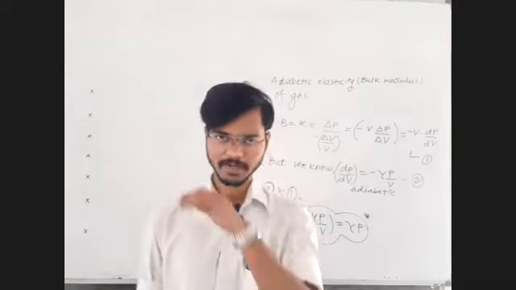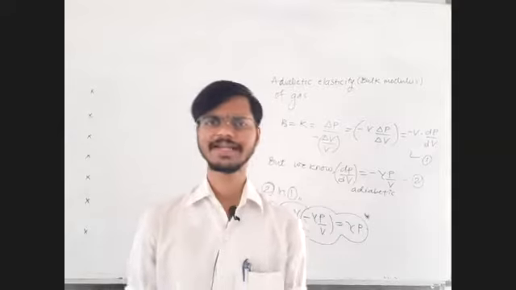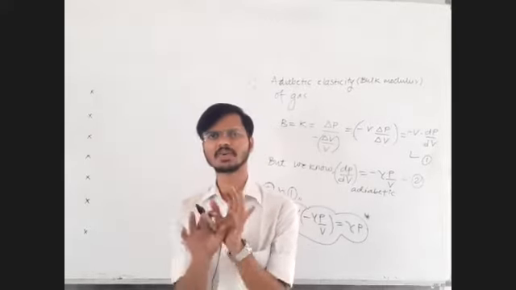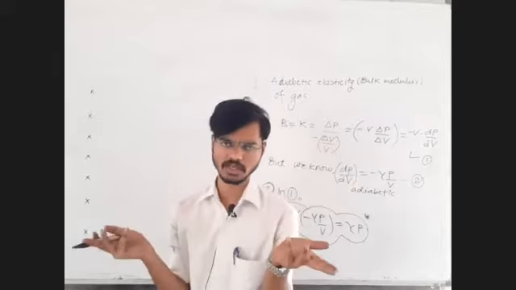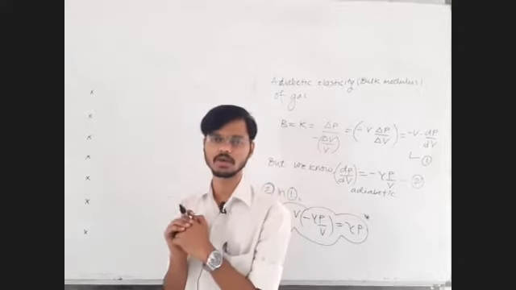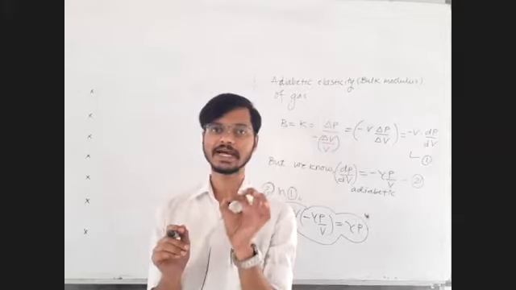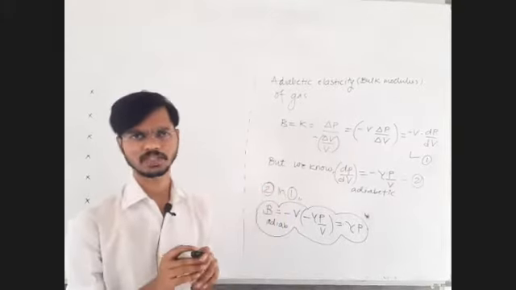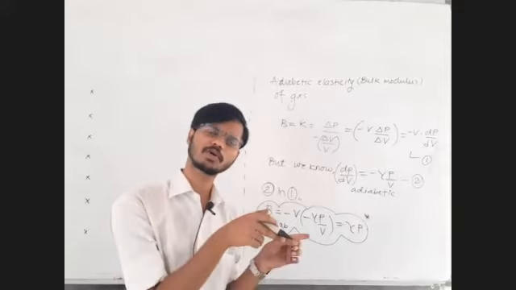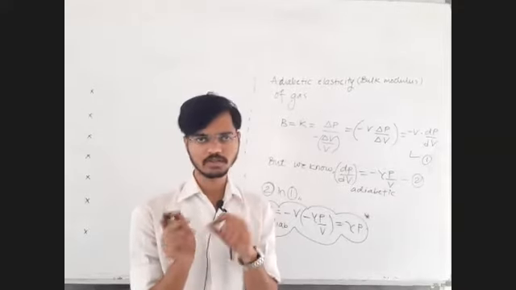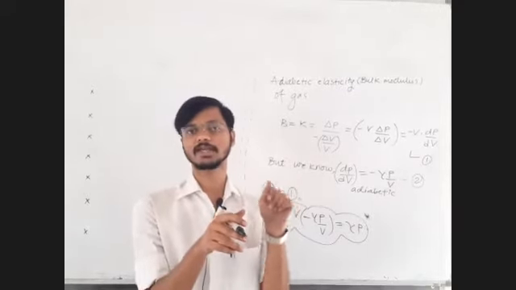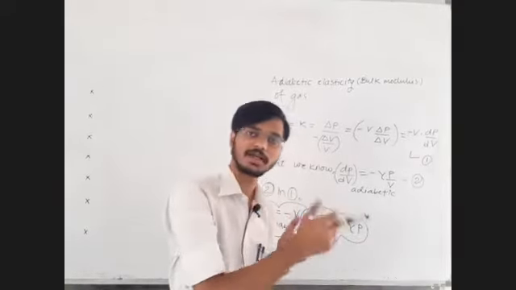So when pressure is constant, you will use P delta V. When you use the formula for work done, no need to bother about sign because the formula takes care of it on its own. But when you use area under the curve, find out the numerical value, then decide whether it is compression or expansion. If it is compression, take area negative. If it is expansion, take area positive.